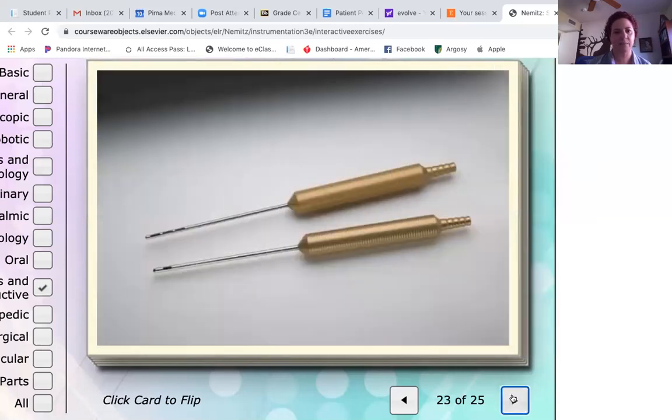Now, next, something very interesting. Anybody know what these are by any chance? It's a pretty common plastics procedure that we hear of. Yep, you got it, Ian. So these are liposuction cannulas, and they come in all different sizes. A couple things when we're doing lipo procedures,